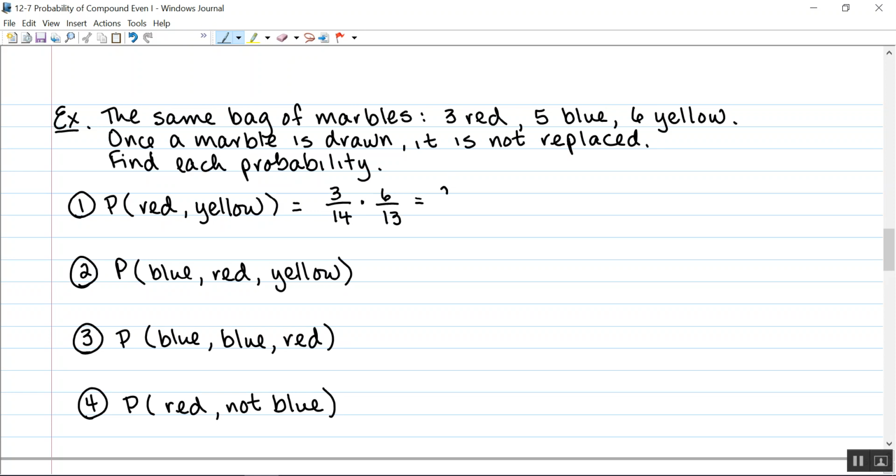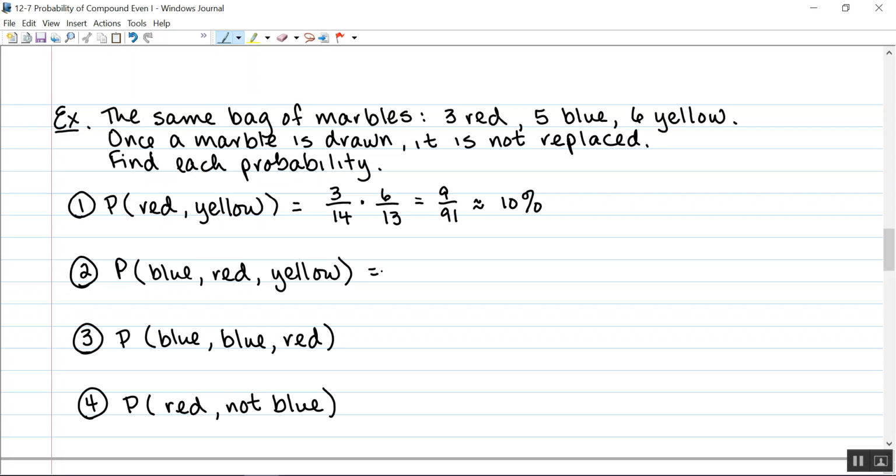That's equal to 9 over 91, or approximately a 10% chance. Notice that when I don't replace the marble, the total number of marbles in the bag is decreased by 1 each time. Example number 2, what's the probability of drawing a blue and then a red and then a yellow